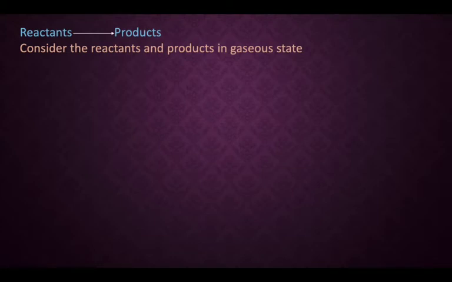So first, before going on to the Ellingham diagrams, let me just tell you something about the basics that are involved. A general chemical reaction will involve reactants which will react to give products. Here we have to see only the number of moles of gaseous reactants and gaseous products. We consider only the reactants and products in the gaseous state, because only these bring about changes in entropy, whereas solids or liquids will not involve much change in entropy.